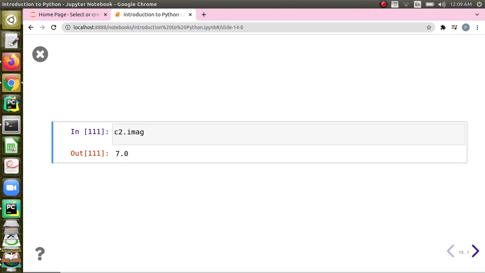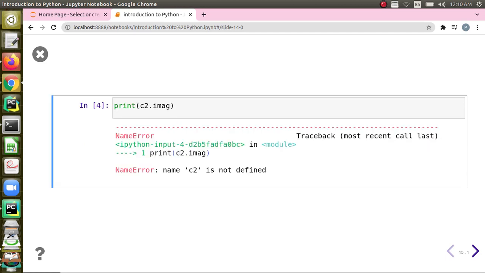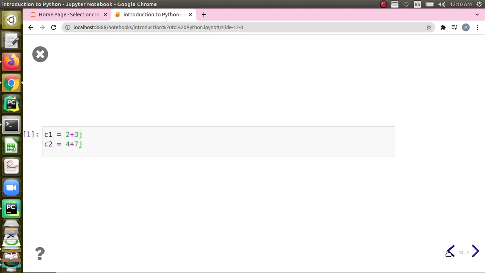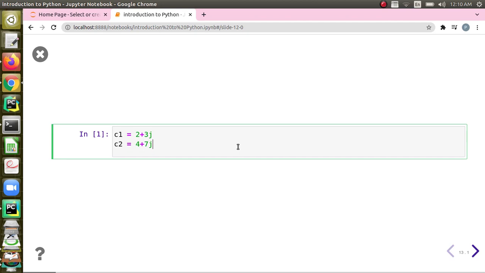One point that I have to mention now is that in Jupyter Notebooks, it is possible to print a variable just by giving its variable name alone. What I tried here was print of c2.imag, but I didn't define it. This is the problem with Jupyter Notebooks. One minute, I have to run the cells, otherwise the runtime will not know the variable.